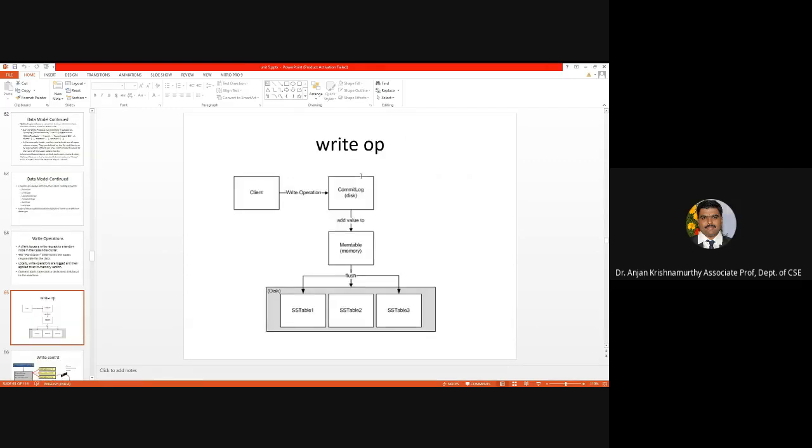So the typical flowchart for a write operation may look something like this. A client requests a write operation, a commit log gets opened on the disk, the memtable value is added in memory, and then we have a flush, wherein it goes and sits in the SSTables.